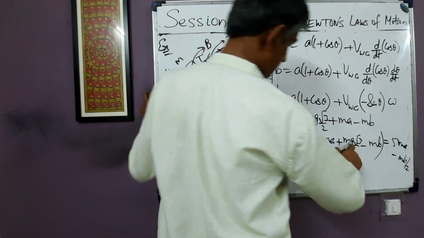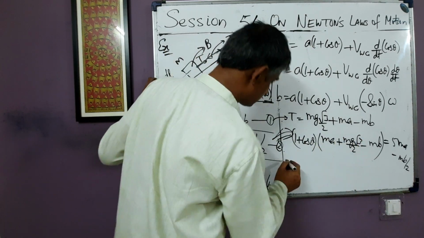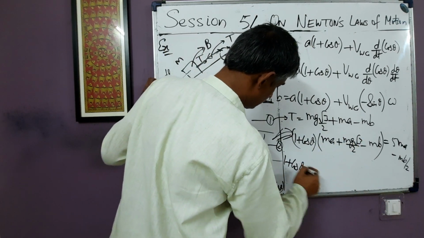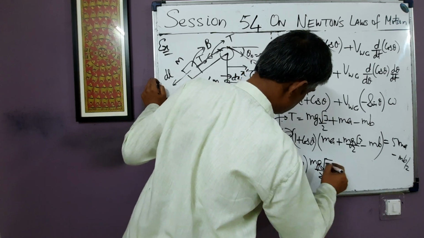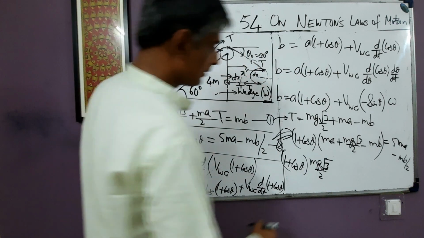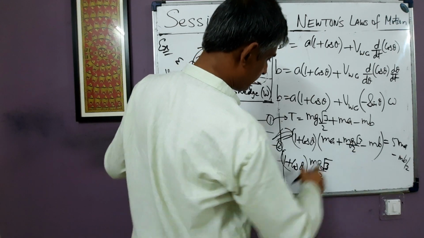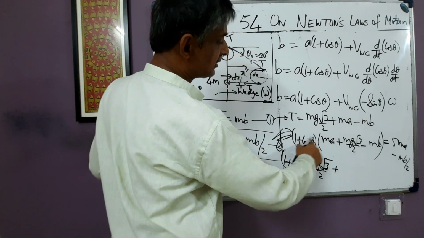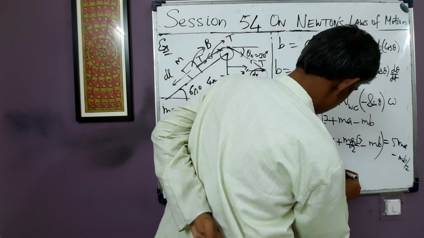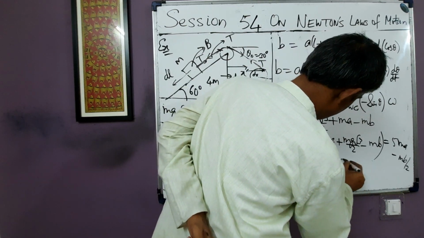So this (1 + cos θ) × mg√3/2, I'll simplify it. (1 + cos θ) into mg√3/2, plus (1 + cos θ), I shift to that side. How much will it be? It will be equal to 5ma